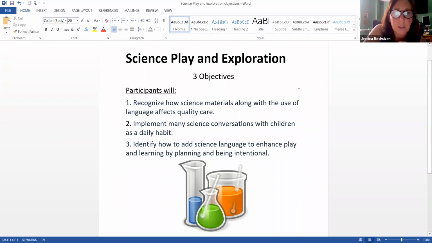The participants will, number one, recognize how science materials along with the use of language affect quality care. Participants will implement many science conversations with children as a daily habit. And the last one is participants will identify how to add science language to enhance play and learning by planning